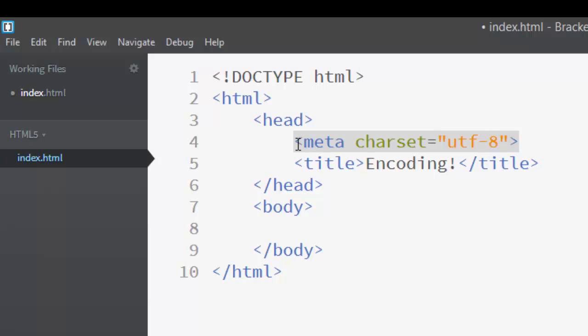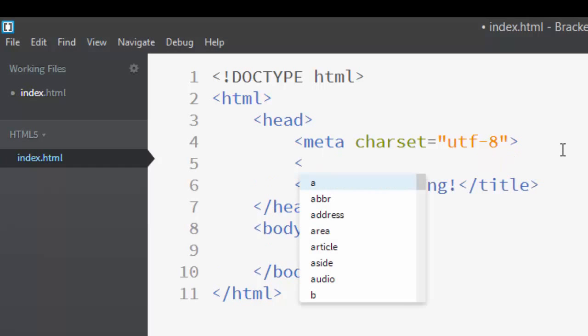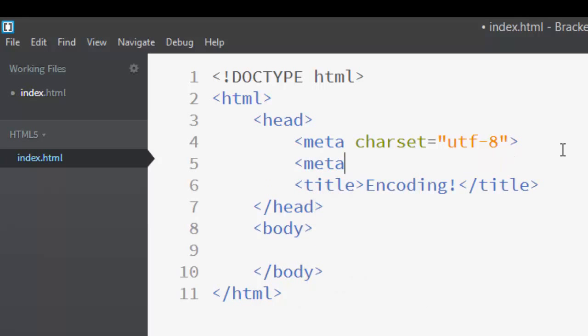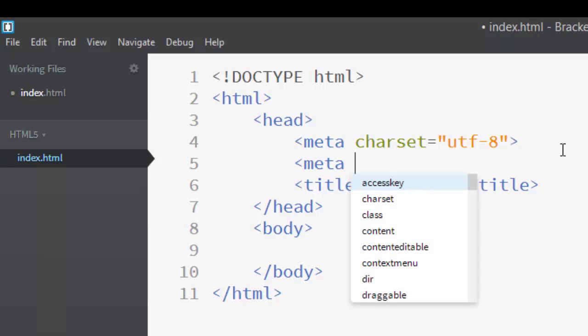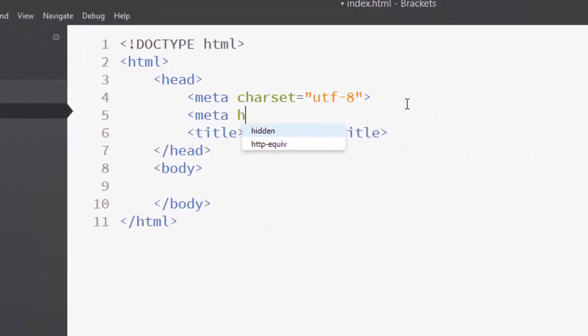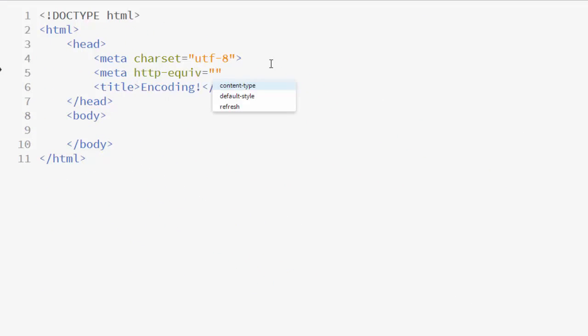Instead, we need to use another meta element, but this time, instead of the charset attribute, we need to use two attributes, and those are http-equiv, in which we need to set the value to content-type, and the content attribute, where we need to set the value to text/html